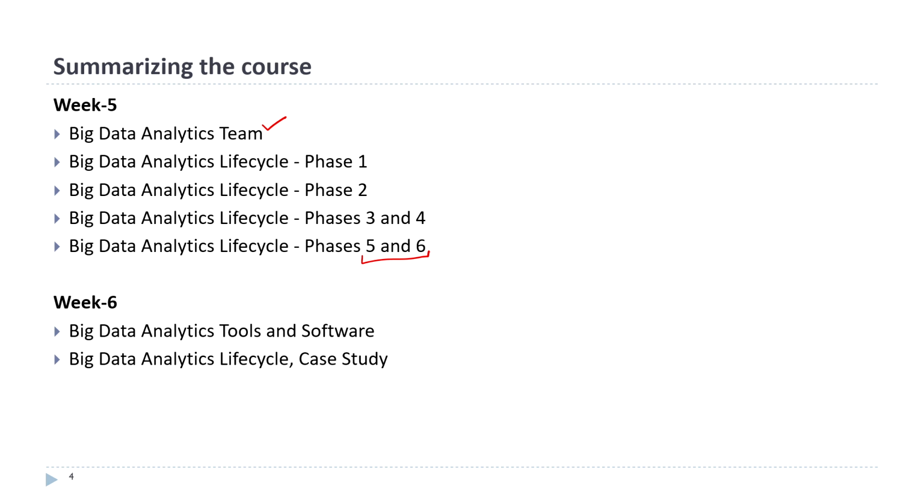Week 6 further discussed big data analytics tools and software, because nowadays multiple tools are available where ETLT, which is a combination of ETL and ELT, that is extract, transform, load plus extract, load, transform, led to extract, transform, load, transform. So this was discussed